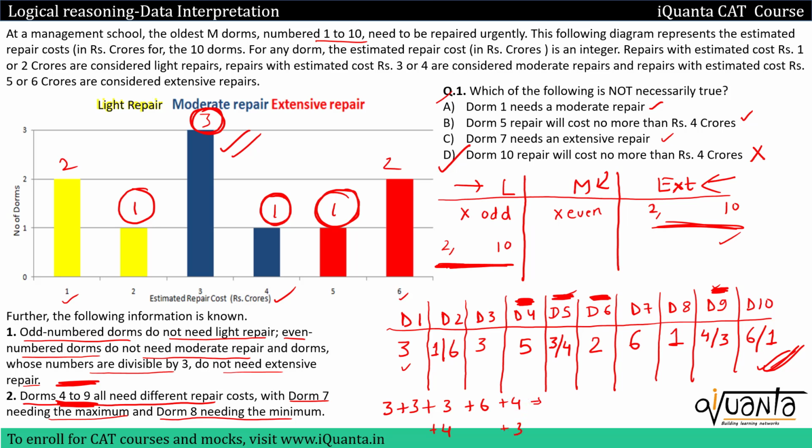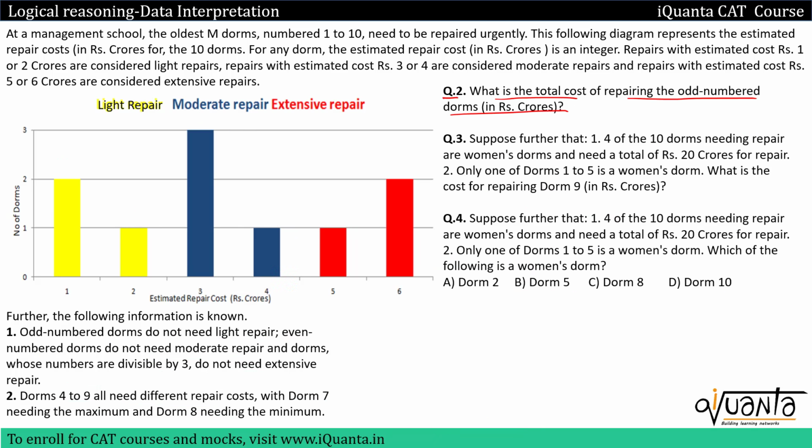That's it. What is the total cost? In first case it is 3, 3, 3, 9, 9, 10, 19 crore. In the second case as well, 3, 3, 4, that means 10, 16, 19, again 19 crore in the second case. So yes, 19 crores is the correct answer to this question.